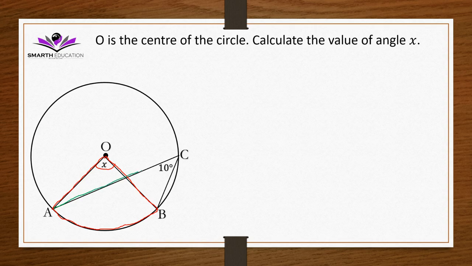You see, this one is subtended where? By the same arc at the circumference. So 10 is at the circumference, and x is at the center. So it means x is going to be 20 degrees. So x is equal to 20 degrees. Angle at the center equals 2 times angle at the circumference. Am I right? I think so. Yes. Right. Okay. Now, when you're looking at the angle at the center, I want you to check for these